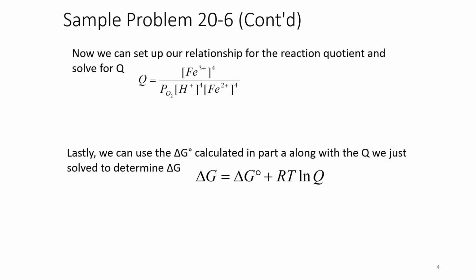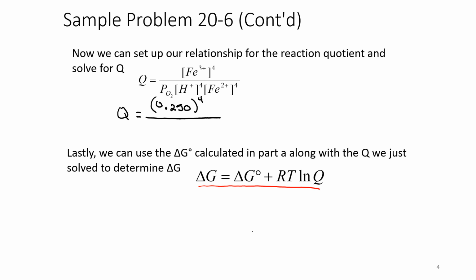All right, now I could plug everything into our delta G equation down here, but I'm just going to do this in a couple steps so I can show you that we're going to do the Q, and then I'll just plug that Q value into that overall equation next. So our Q then is our iron 3 concentration. If we look back to the problem, our iron 3 concentration was 0.250, and we've got to raise that to the 4th power,